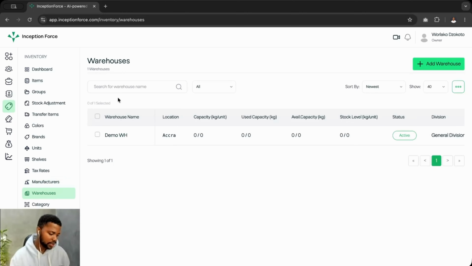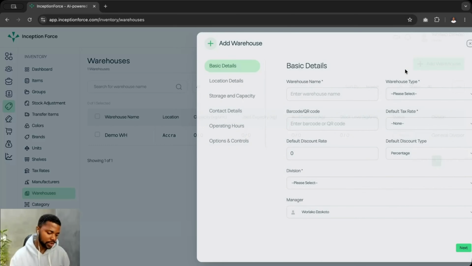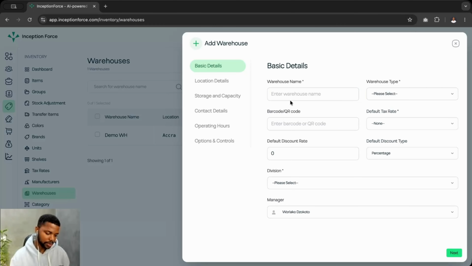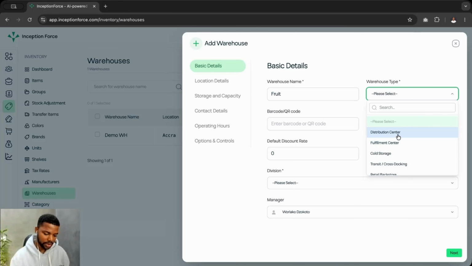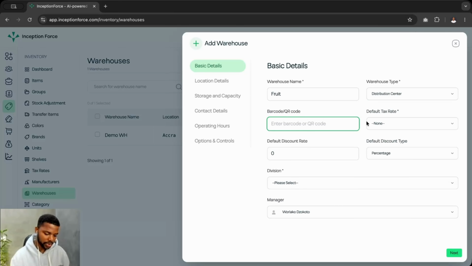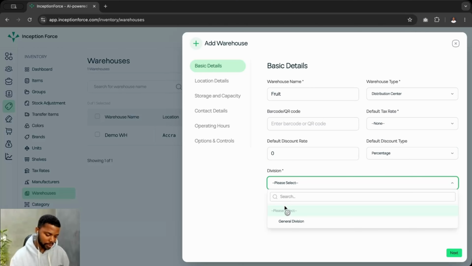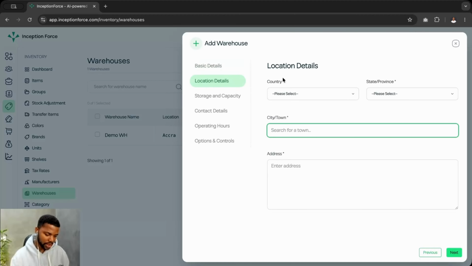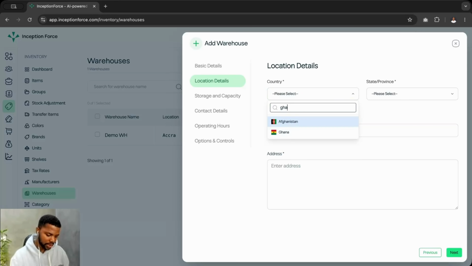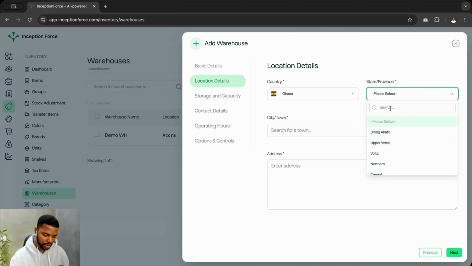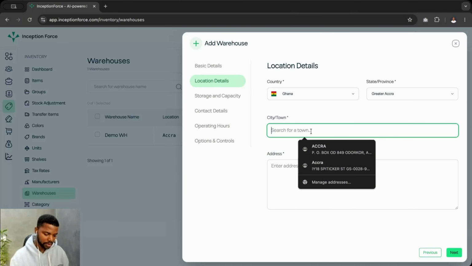Then we have the warehouse section, where you can also create a new warehouse. And so here you enter the warehouse. So let me just say fruit warehouse, right? And then you can select what it is, maybe distribution center. If you have a barcode, if you have a default task rate that you want to select, you can select it, and maybe discount rate, where it belongs to. You can attach your location. These are all mandatory,